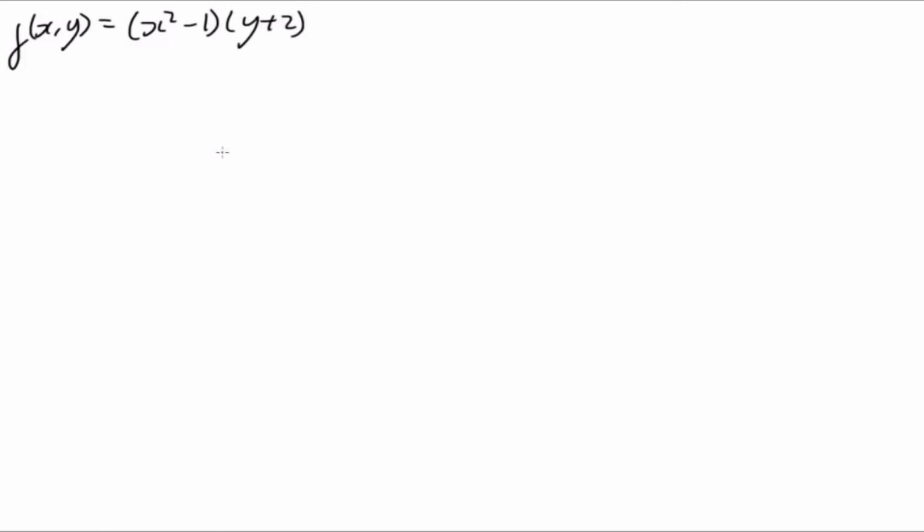Right, so this is our third question here. If you want to pause and have a go, then make sure you do so, and then you can come back and watch this when you've tried it. So there's two ways you can do this question. There's an easier way, and then there's a longer way. The longer way is to multiply everything out and go through the question long, which I might do just to show you how to do it. But the way I do it, because this is only concerned with x in this bracket, and this is only concerned with y in this bracket,